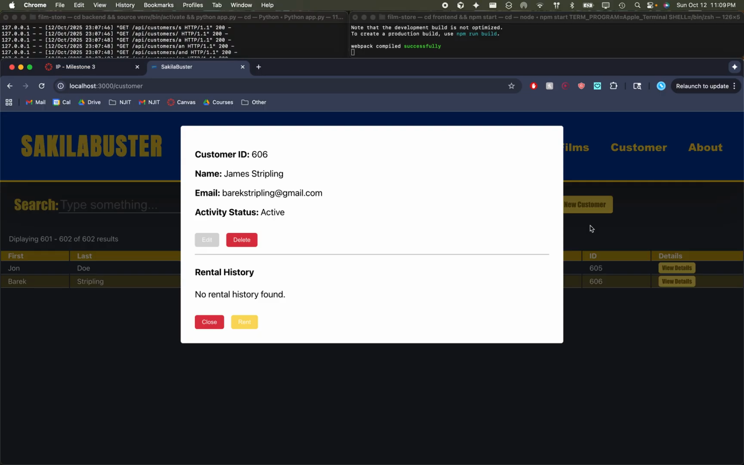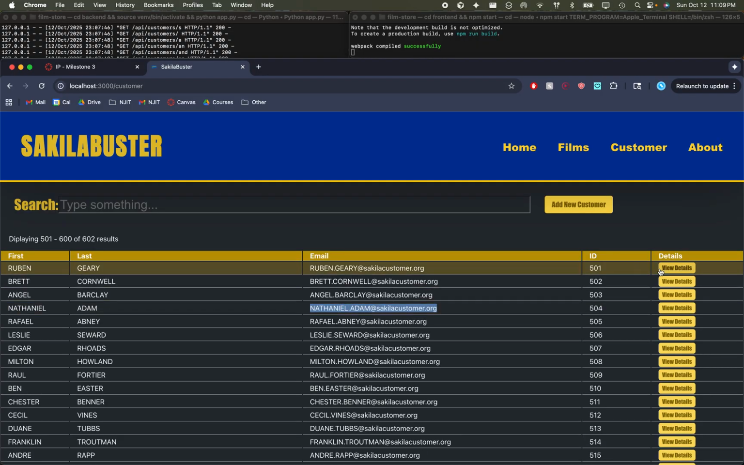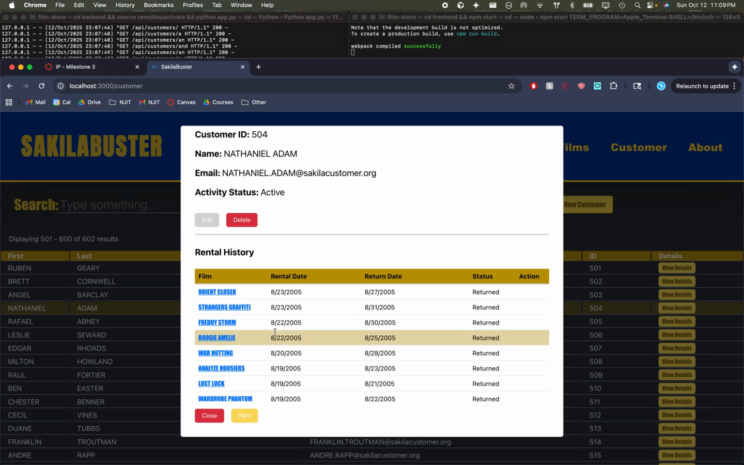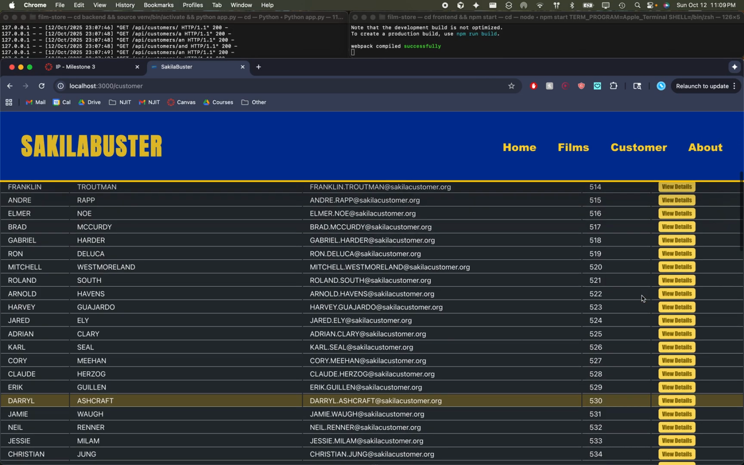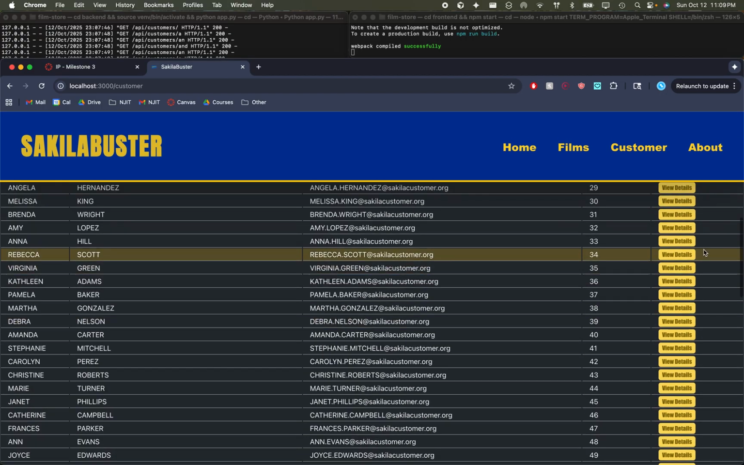Next, also for Milestone 3, as a user, I want to be able to view customer details and see their past and present rental history. So there's no rental history, this is a new user, but if we were to go back and go to another user, we can see that they do have a rental history. And it's all the films, both current and previous, that they have rented. And if we go to a customer who has one currently rented out,